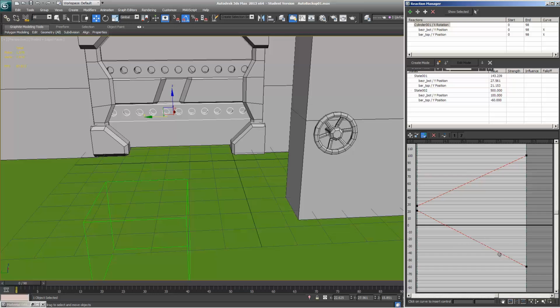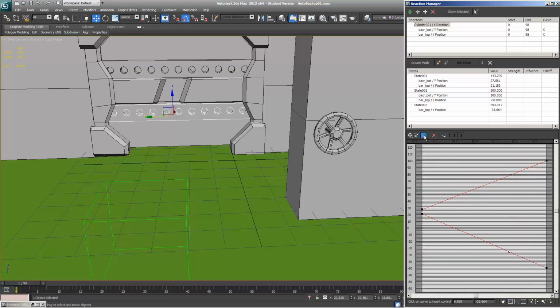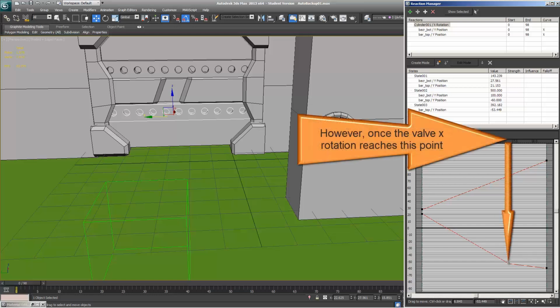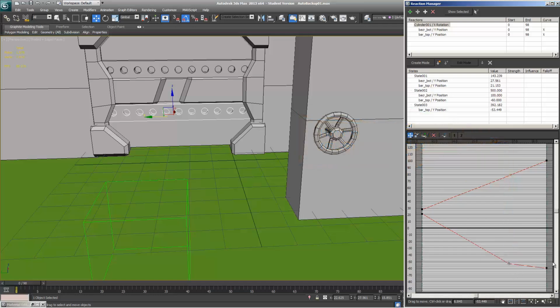So for example, you can say 1 here and then click on here and move your point downwards like this. With it, your bar will be going to the right quicker. However, once it reaches this point, from now on it's going to move to the right at a slower rate. If you don't like this abrupt change in the speed, you can right click on the point and set